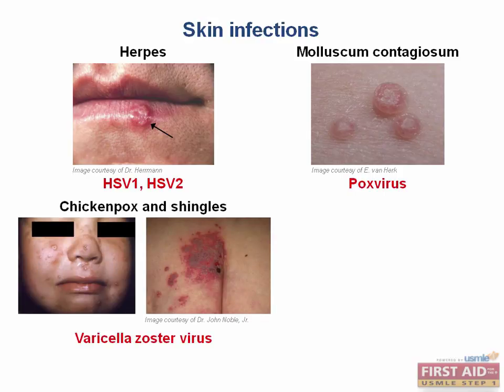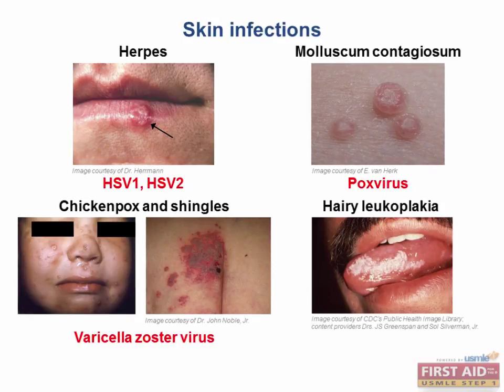Varicella zoster virus causes both chickenpox and zoster, or shingles. These crops of vesicles invariably progress to crusted, itchy lesions. Zoster will always be in a dermatomal distribution and won't cross the midline, a key clue when you look at an image. The final infectious skin disorder we'll discuss is hairy leukoplakia, which classically appears in the mouth, even more